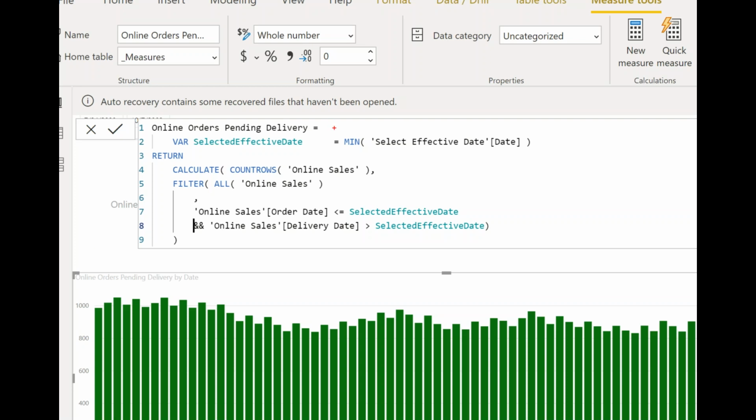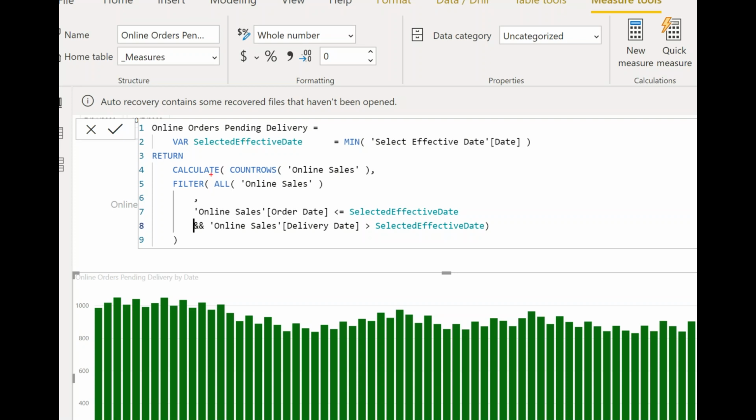Knowing that, I'm just using MIN. I could use SELECTEDVALUE as well. I could use a combination of HASONEVALUE and MIN or SELECTEDVALUE. In this case, I'm going to assume that there's always going to be one date in context when this calculation is done. I'm getting that date,